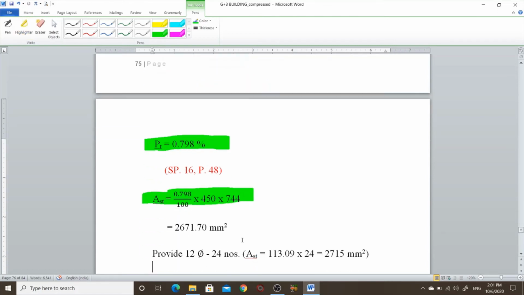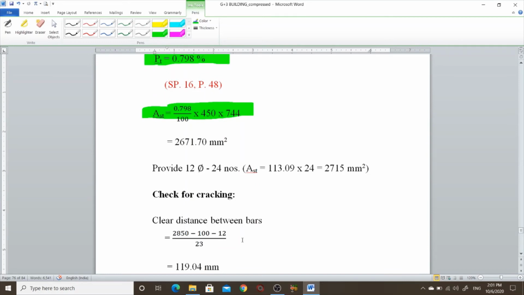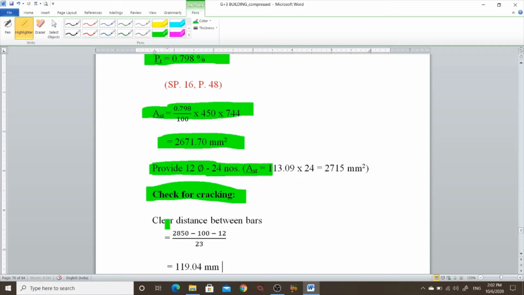You understand these things easily. AST is PT divided by 100 into B into D. So AST is 2670. We use a 12 mm diameter bar. So 24 numbers of bars are provided along the x direction. Check for cracking.